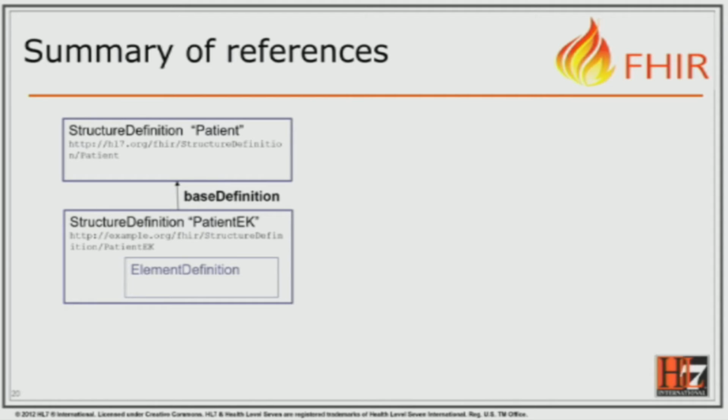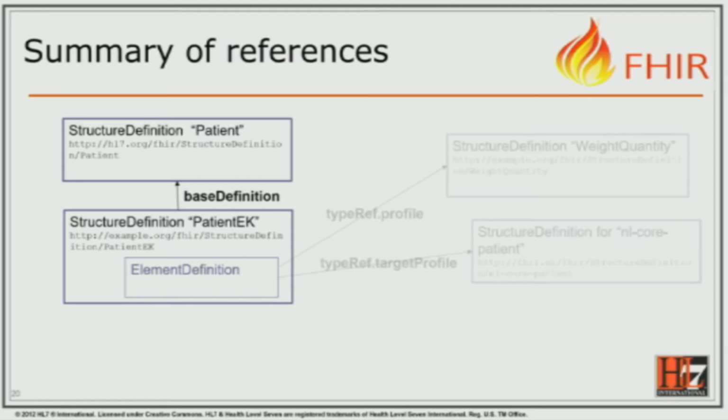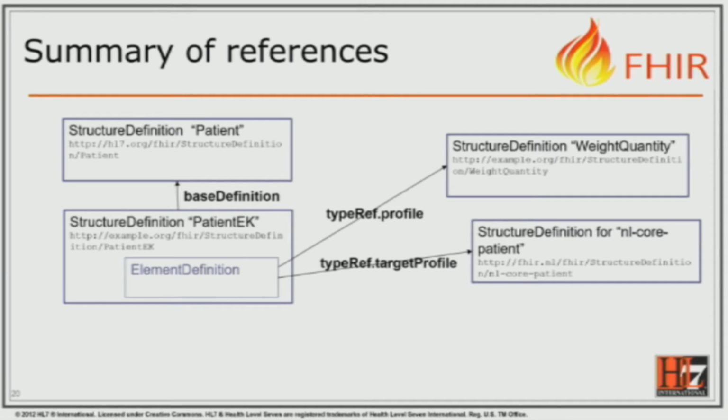So just to give you a quick summary of what we've been doing, I have created a structure definition called patient EK with lists of element definitions that points, using its element-based definition, to patient. So I'm basing this on patient. Inside these element definitions, I have lists of element definitions constraining stuff, and some of them might point to external